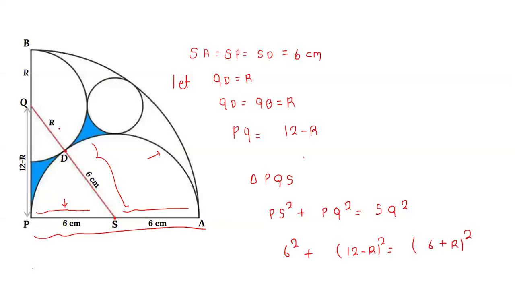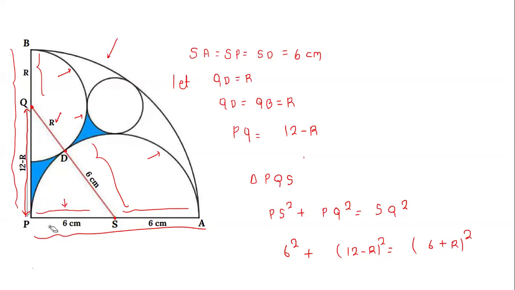So we have this, and let capital R be the radius of this semicircle. Q is the center of that semicircle. So from Q to this D point, which is also on this semicircle, this distance is also equal to the capital R, and this distance is also equal to the capital R, and we know this whole distance as 12, because this is the radius of this bigger quarter circle. So this distance, which is the QP distance, is 12 minus R. So these are the different distances.